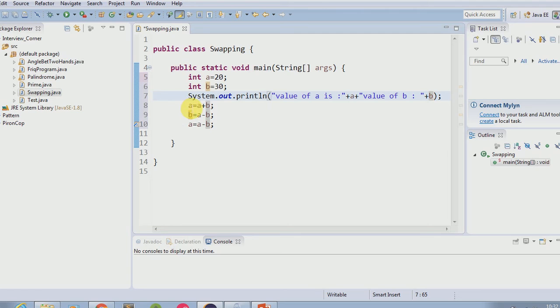So after these three steps the value will be swapped. So I'll print again the value of variables. So I'm just copying and pasting here. I think the program is complete. Now I'm going to run the program.